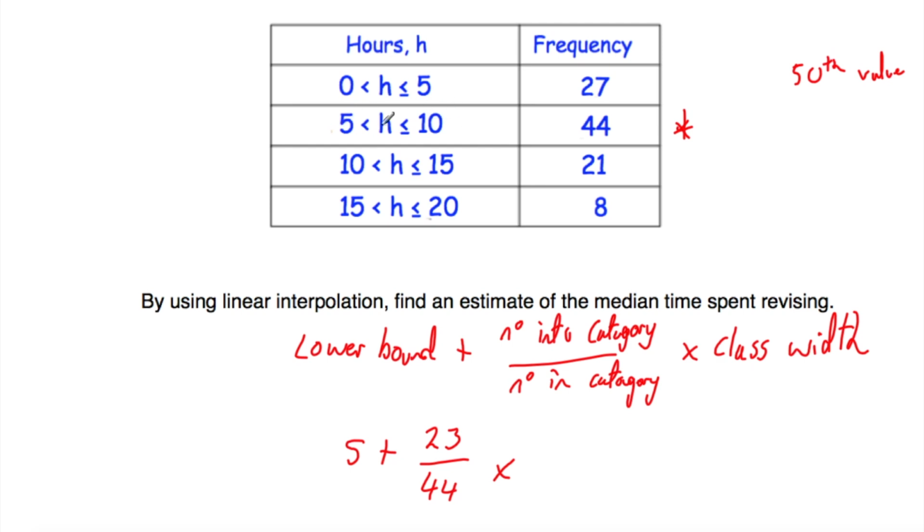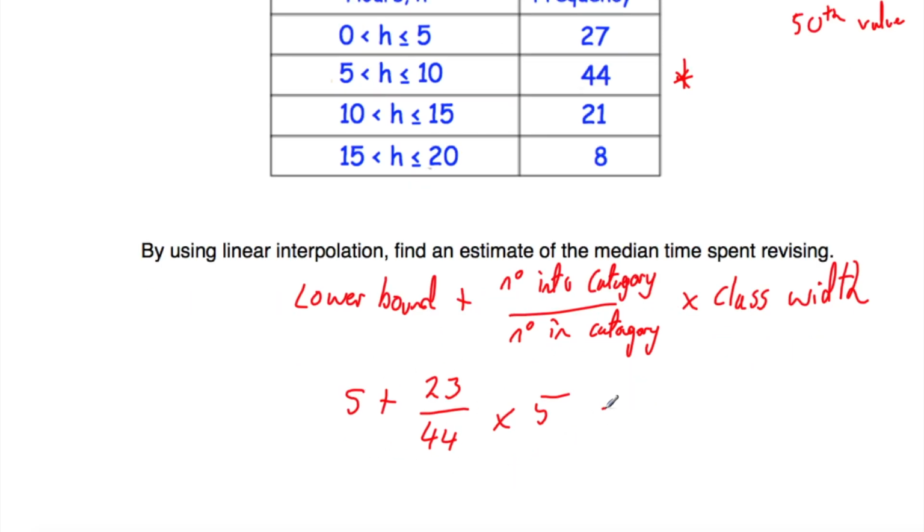This class interval is 5 wide, so multiply by 5. And now we just need to work this out. We can get our calculator and type in 5 plus, and then type out our fraction, 23 over 44 multiplied by 5. And when we do that, we get an answer of